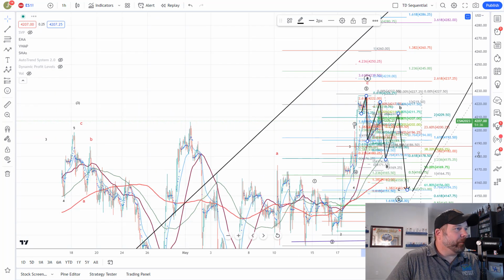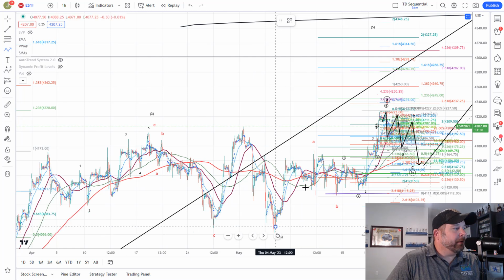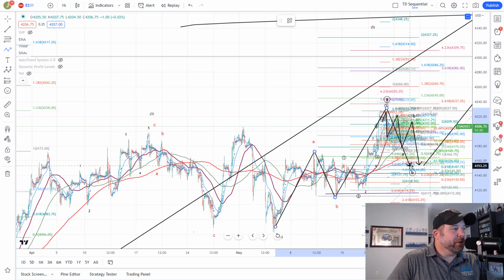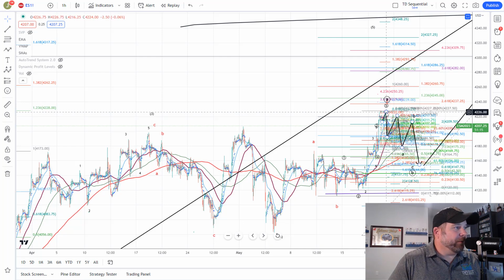So remember, off of this move up, I did say we were looking for an A, B, C for A. Then we'd look for a B wave pullback and then C higher up back up toward the 4300 to 4340 area to complete this move up overall, and then possibly start the big move down that we've also been talking